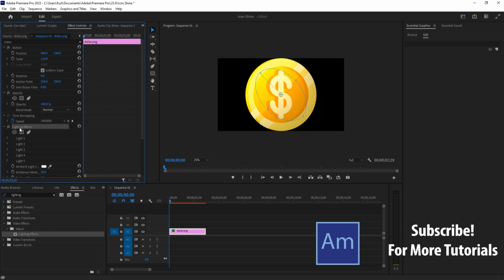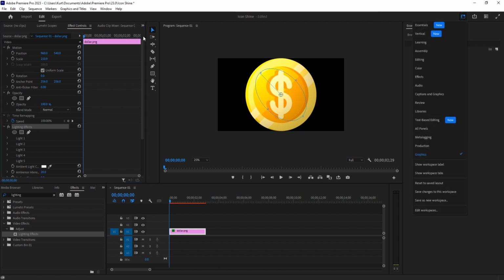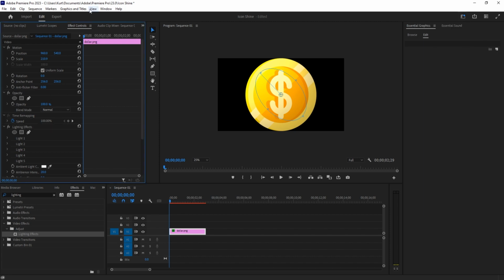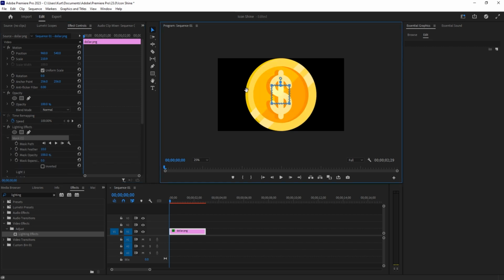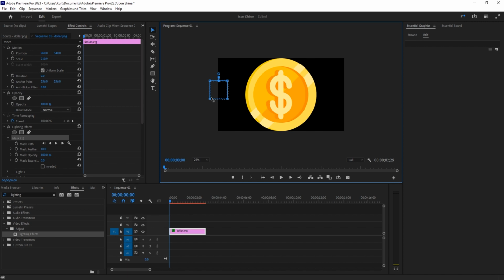We're then going to click into effect controls, into a lighting effect right here. If you can't find it, I am currently working in the graphics panel, which should bring it up in the left. If not, go to your effects panel and it'll definitely be over there. We're going to go down to lighting effects. We are going to click this square right here to create a mask, and we're going to drag it onto the left side here. Now, yours may look like this, which is going to make it hard to actually drag out. So go ahead and drop this down and go to 25% or 10%,